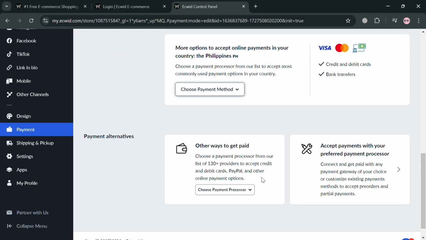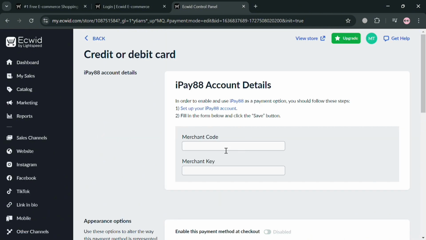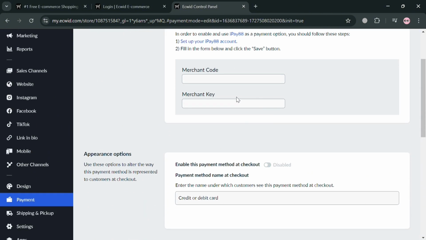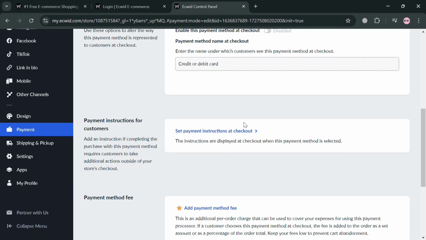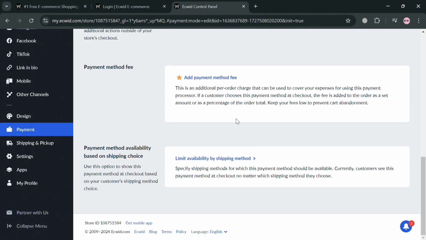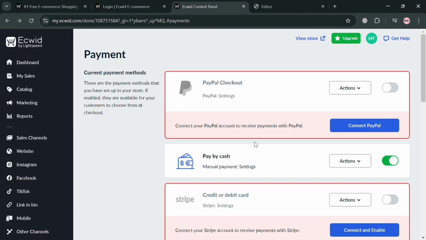So for instance, under these payment alternatives, we're going to choose this IP88 account details. So from here, all you need to do is to simply enter your merchant code and your merchant key and also select this credit or debit card in here. And you could also set a payment instruction at checkout if you want to, and even limit availability by shipping method in here. Again, now going back to this page, as you can see in here, there are alternative ways